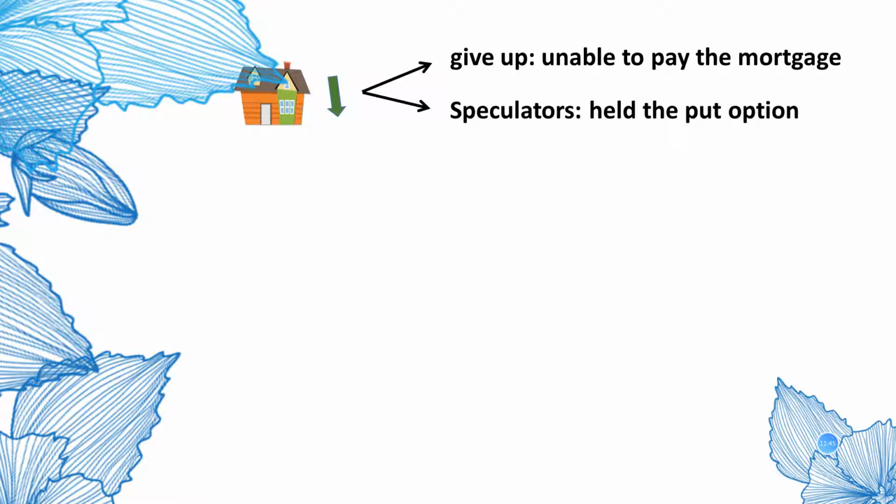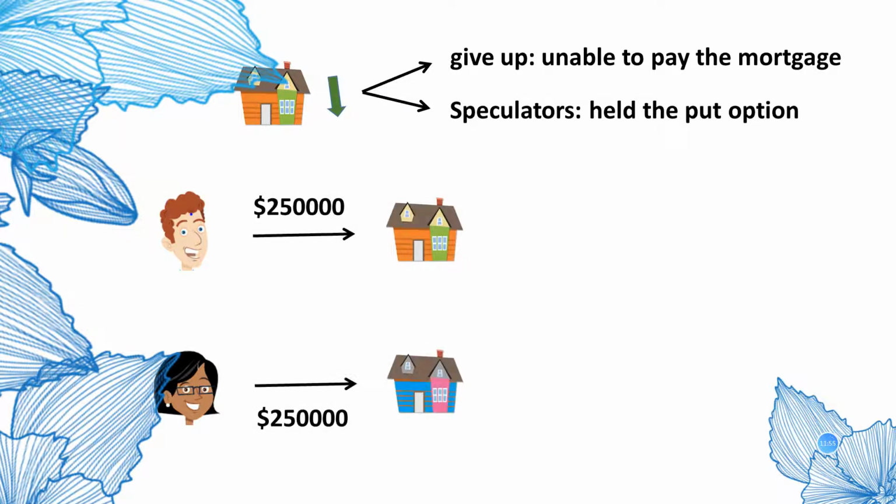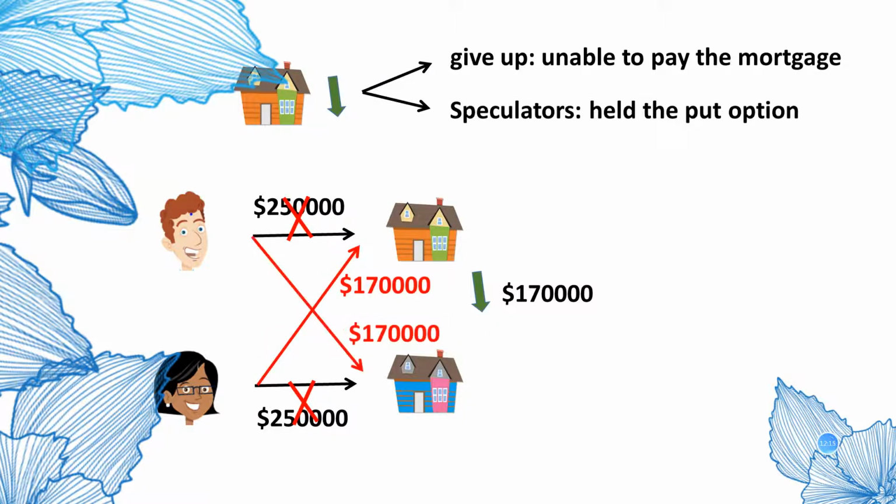In more detail, say there were two house owners, each of them had a mortgage of $250,000, and their houses were valued at $200,000. But if the houses went into foreclosure, they would be sold for $170,000. What would they do? They default and make another mortgage to buy the other's house. This actually happened because the houses in foreclosure usually surrounded each other.